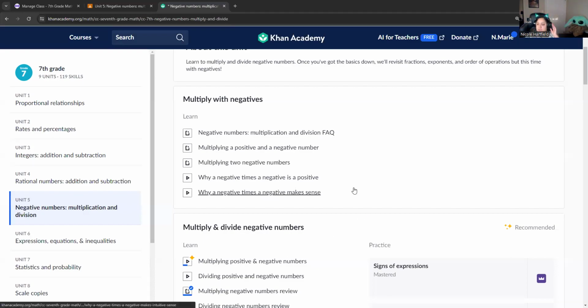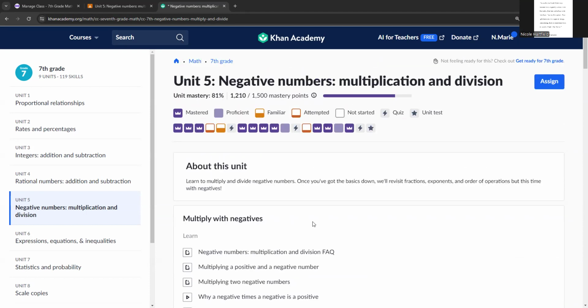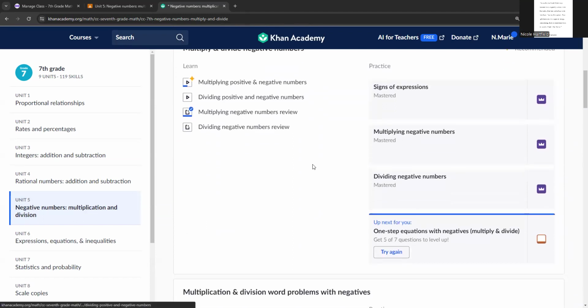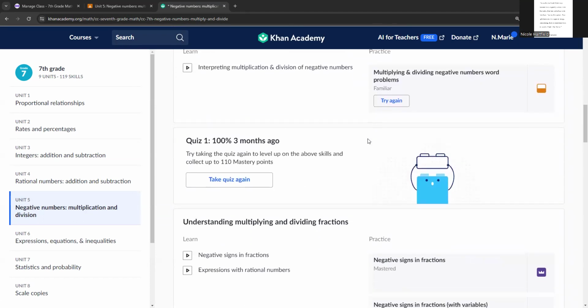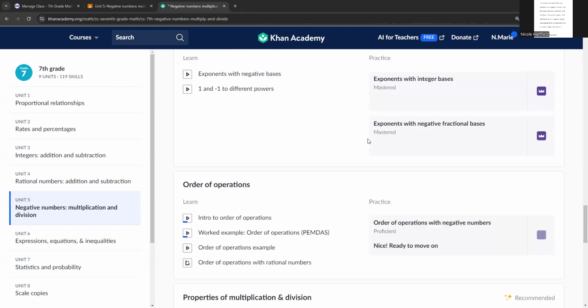Welcome. Okay, so we are doing the 5th unit for 7th grade math. Negative numbers, multiplication and division. It's very similar to the addition and subtraction unit, except it's multiplication and division with integers instead. So in this unit, there's some fractions and some word problems and